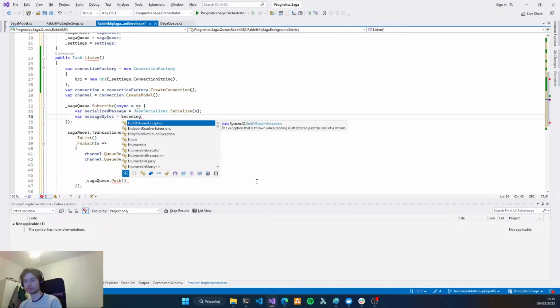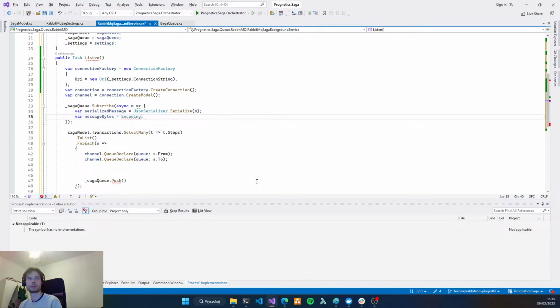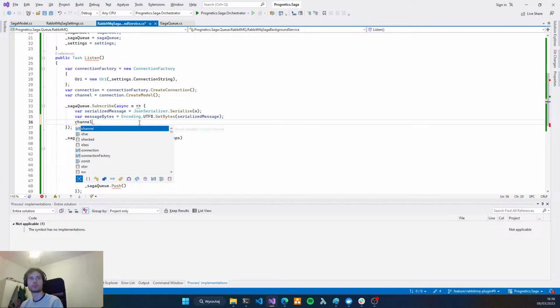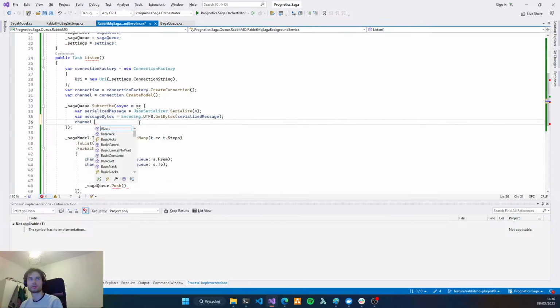Let's just use Encoding.UTF8.GetBytes, and now we have message bytes. Maybe we want some props. Channel, create basic properties.